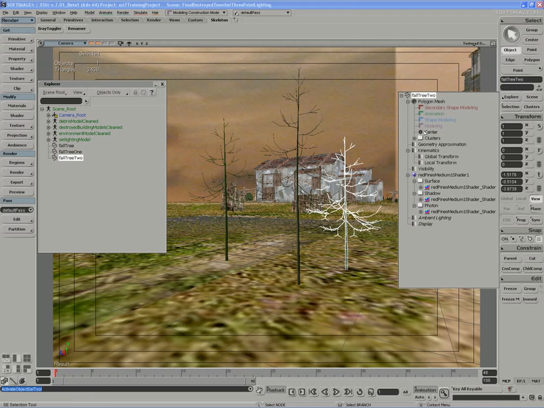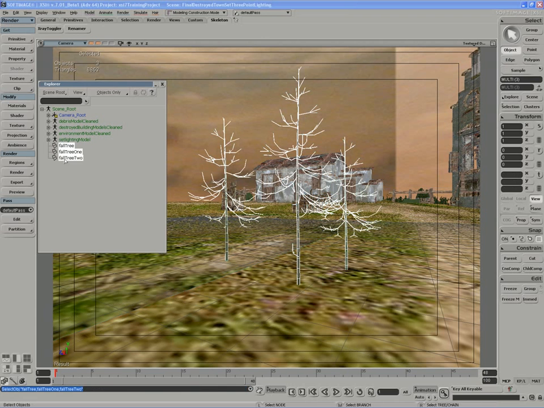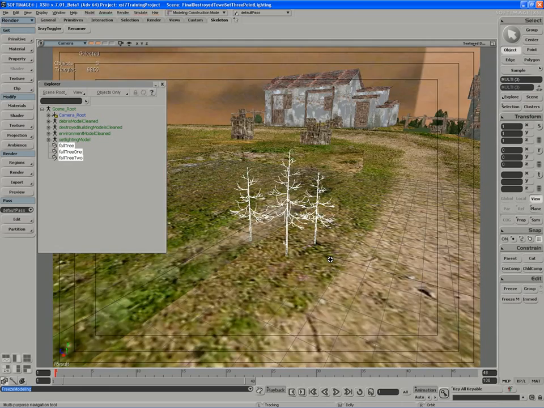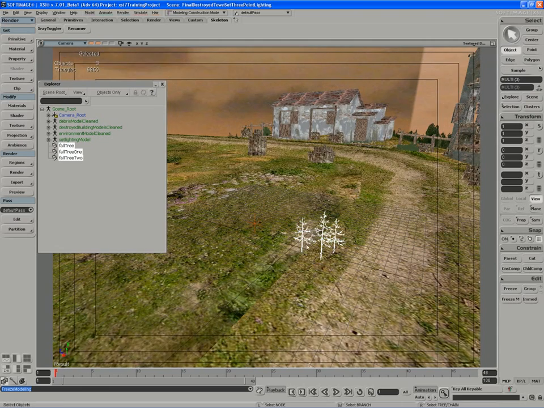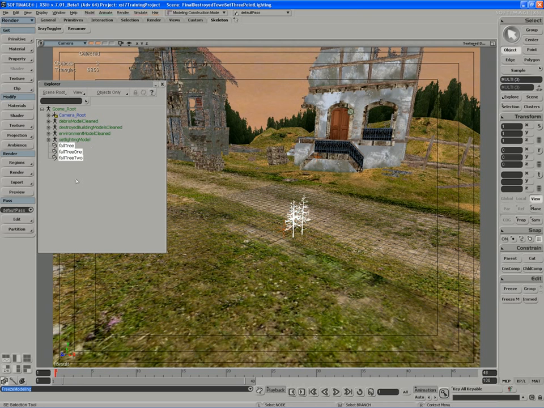Okay, I do have a center operator that's occurred on all these guys, so I'll make sure I just select them all and freeze their modeling history. And I guess what I can just do is maybe move them aside for now, and I'm likely going to want to scale them up, but I can actually use ice to scale them up. So the fact that they're small right now means they're not really obtruding on anything I'm trying to do. So I can even move these off to the side if I need to. But problem one solved. We have our .xsi file trees ready to go, 3 of them for a little bit of